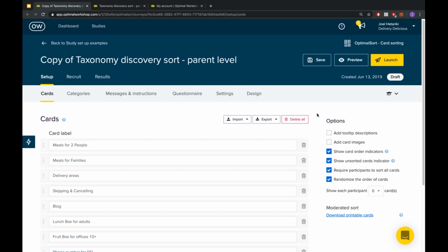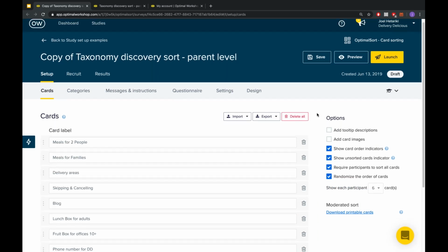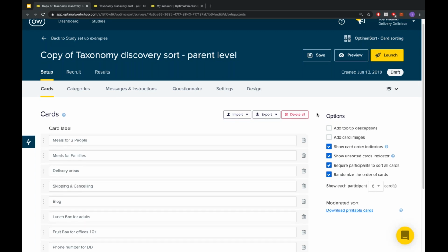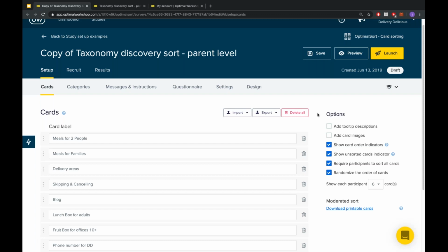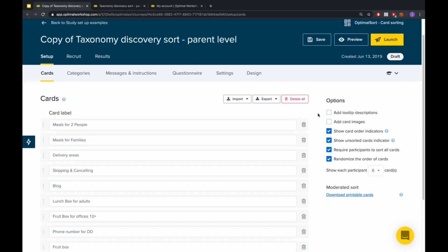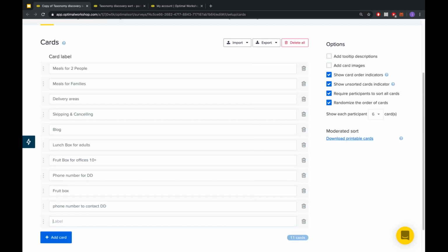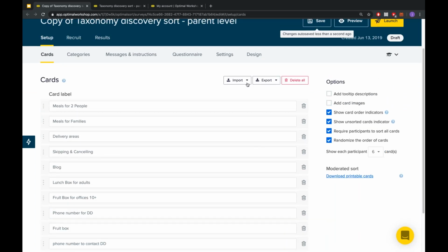Cool, so when you're doing a card sort, one of the first things that you're going to want to do is set up all of the cards that you're working with. And this is the content that you'd like to supply to your participants. It's really simple. You just detail it out here, either by adding individual cards and typing it out, but if you've already got this content set up somewhere else, you can import that really quickly and shortcut this part of establishing your test.